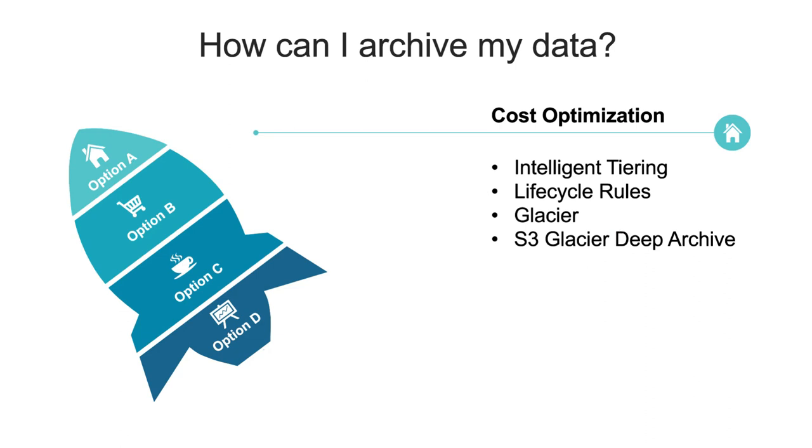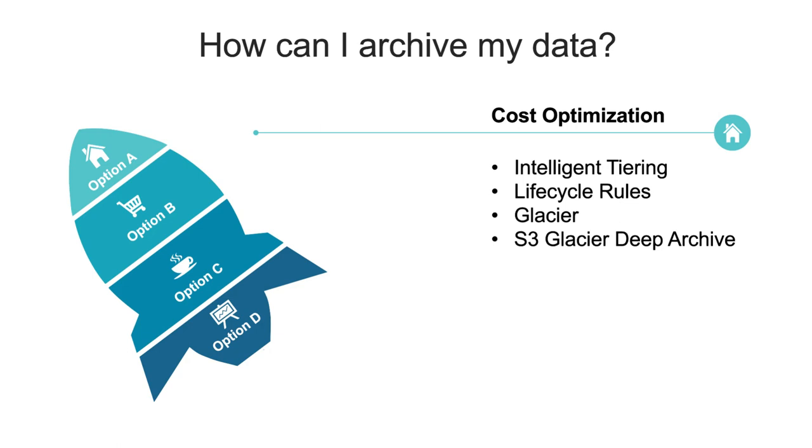Now, once we have brought in the data, we have consumed it for processing, we don't want our data to keep lying in S3 because it will incur cost. So how can I archive my data? There are different ways to archive. First of all, there are 2 options of archival. One is Glacier and one is S3 Glacier Deep Archive. The difference between the two is in cost, of course, and the time to retrieval. Glacier and Deep Archive both are meant for archival, but if we have to retrieve infrequently used data that has gone into Glacier, it will take 3 to 5 hours, and from Deep Archive it will take 12 hours.